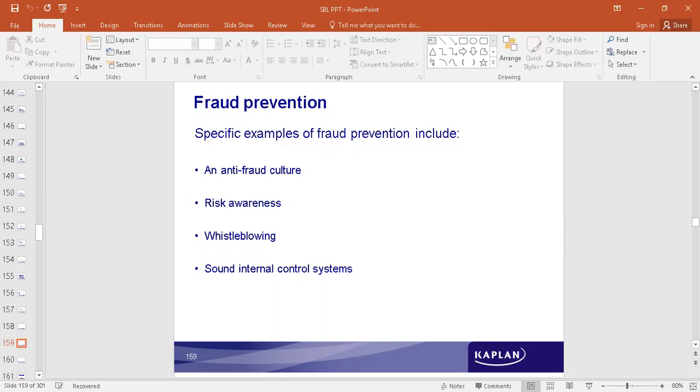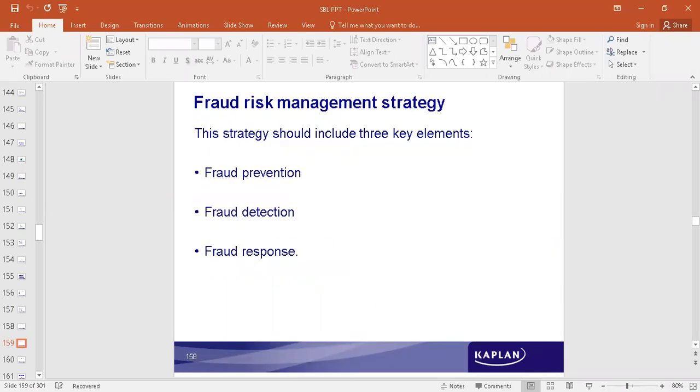Third component says that have proper control activities taken up in the organization. Ensure that no fraudulent behavior happens in the organization. Then gather all that information, communicate it to them, and then constantly keep monitoring how things are happening at the organization. So if a sound internal control system is installed in an organization, that itself will take care of preventing fraud happening in the organization. So that's the first aspect of it, which is fraud prevention.